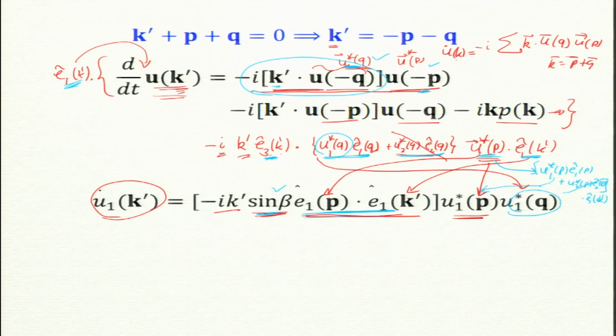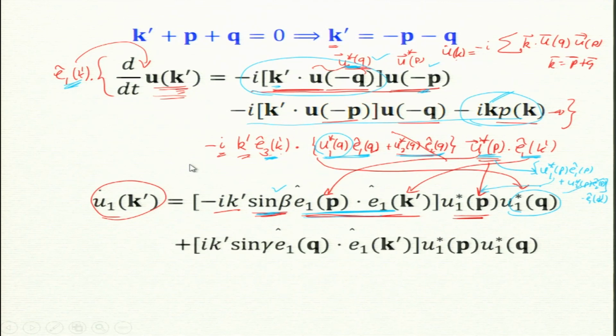Now, you can do the same thing for the second term. Second term I will show you the result in a minute. What about this term? Minus ik pk dot E1 k prime, 0, because this is along E3 cap k prime and E1 k, so perpendicular. So, pressure goes away automatically. So, you do not need to compute pressure. Okay. So, if you do this algebra, the next step is this one.